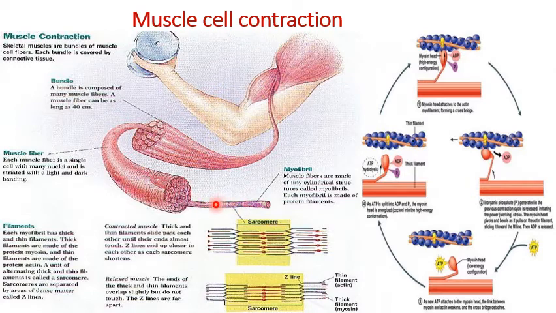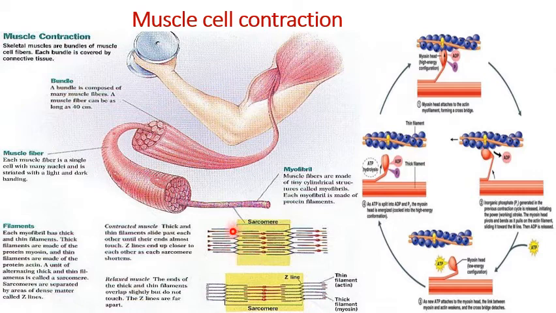These are made up of proteins. The proteins that make up a myofibril unit are the actin and myosin filaments, the thick filaments and the thin filaments. Thick and thin filaments together are called the sarcomere. The thick filament is made up of myosin protein, and the thin filament is made up of actin protein. And we know all these are involved. Let's see how the contraction actually takes place.